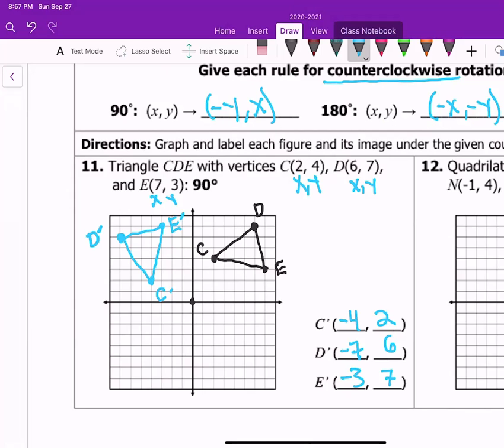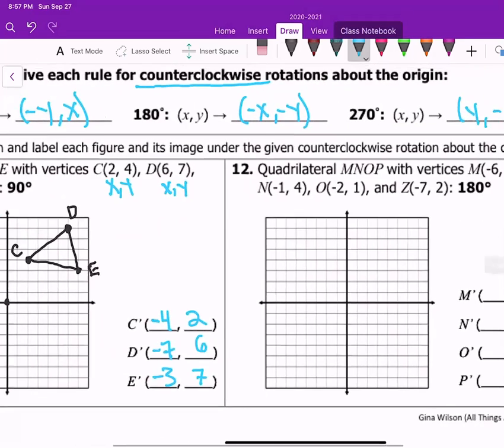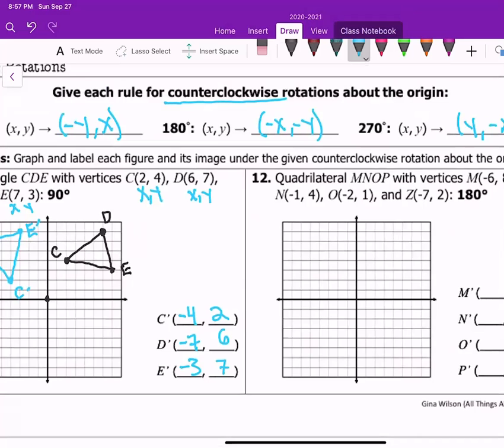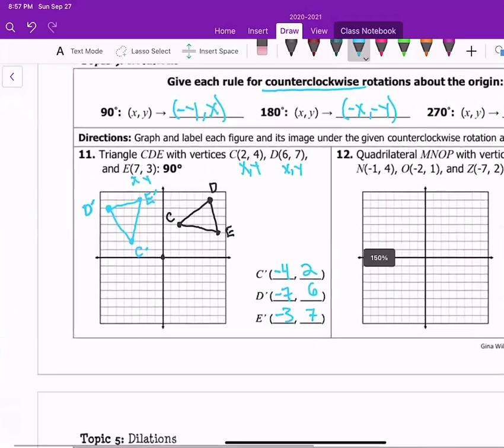That is how you do number 11. And the same thing for 12, right? Do 12. It's a little longer, it's 180, so you're going to use the negative x, negative y formulas. And let's see,